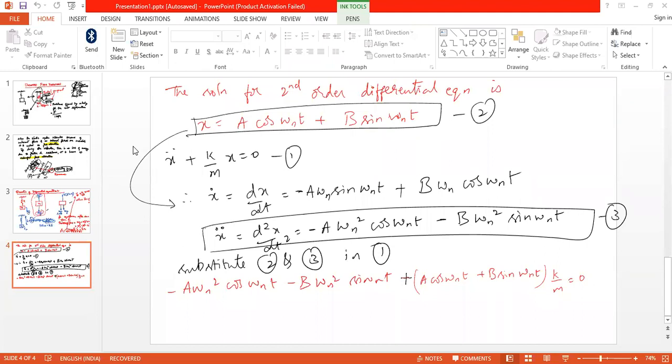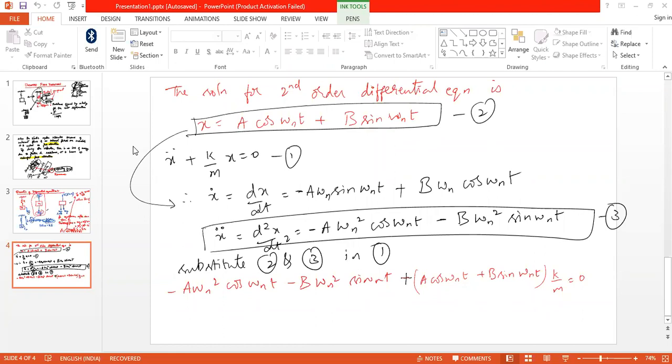So here, the total energy is equal to half m x dot square plus half J theta dot square plus half k x square. So now I need to convert this x into theta. From the basic thing we know that if this is theta and this is r, then this segment will be equal to r theta, that is equal to x. So we know that x is equal to r theta.